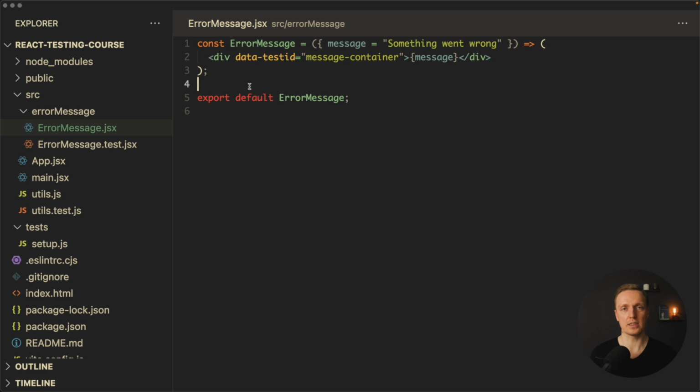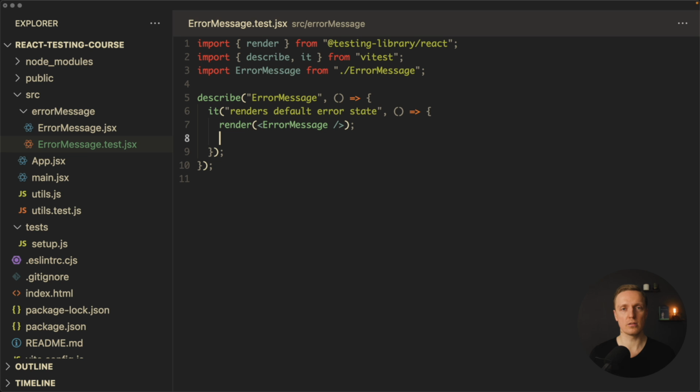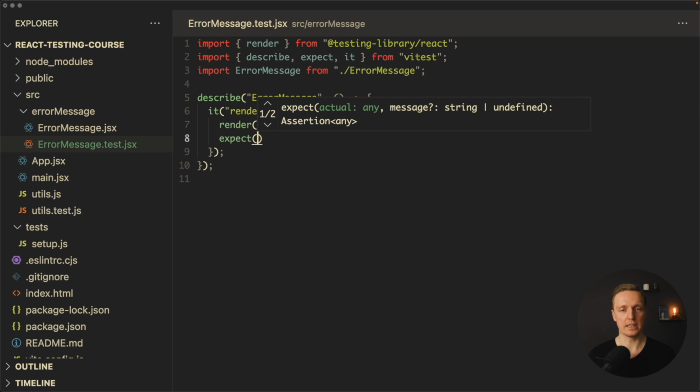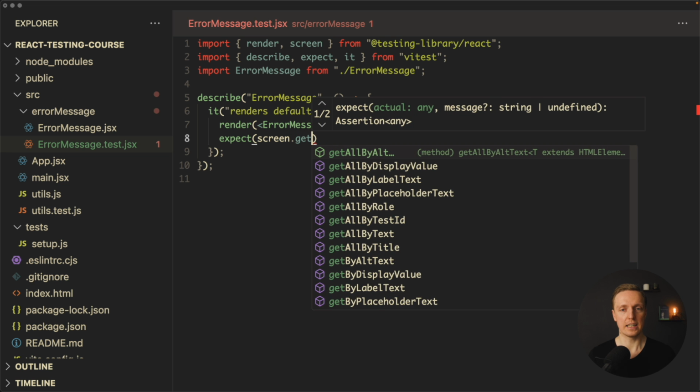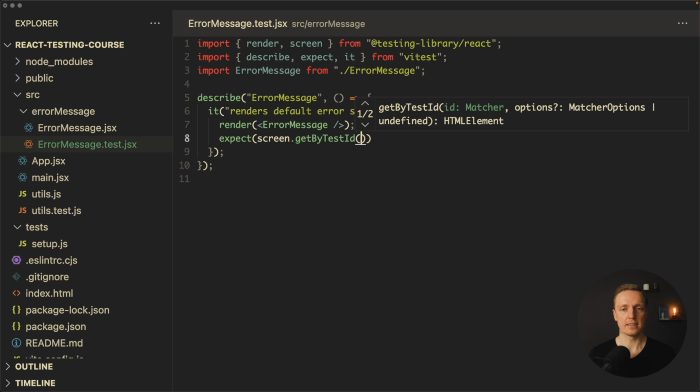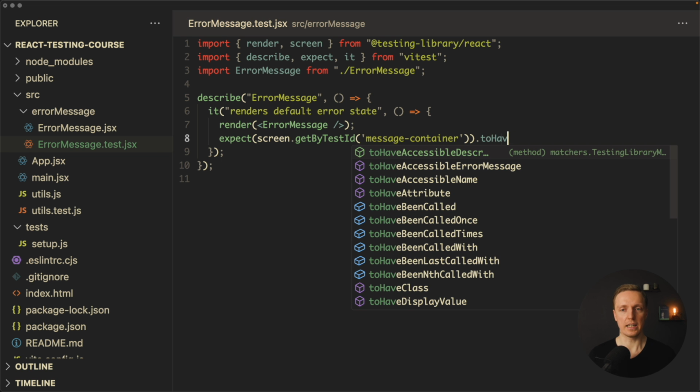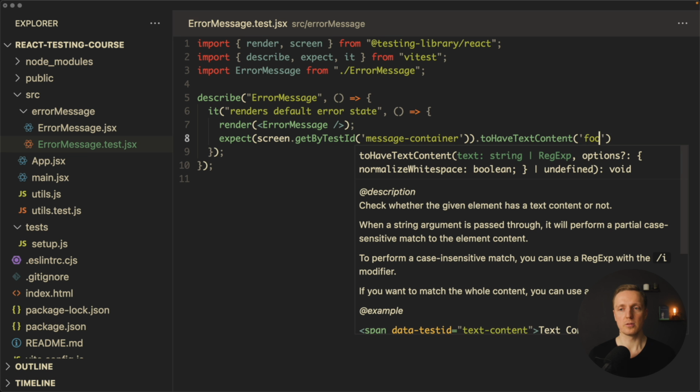We don't want to use some generic classes or generic tags like a div. We want to always use data test ID, which actually means you should not learn any getting functionality of React testing library. You simply need to use only one of them, and this is getting the element by data test ID. So here you can write expect, and inside I want to write screen, and again, we're importing screen from our testing library, .getByTestId, and inside we're providing a string message container. And now after this we can write toHaveTextContent, and I want to write here a string